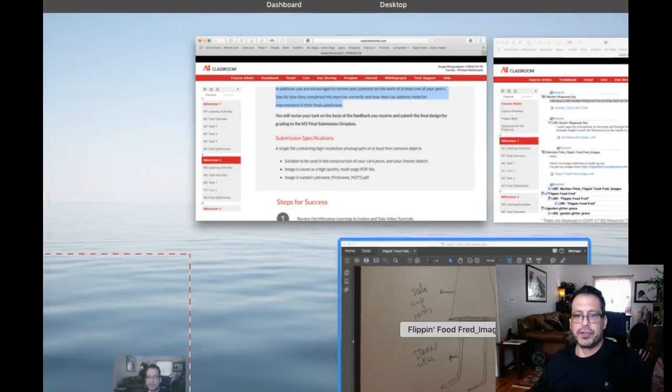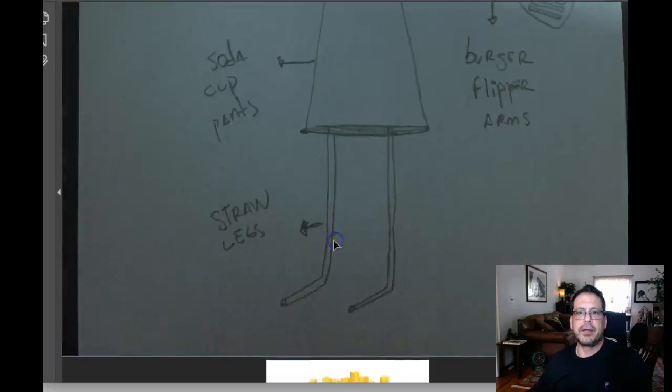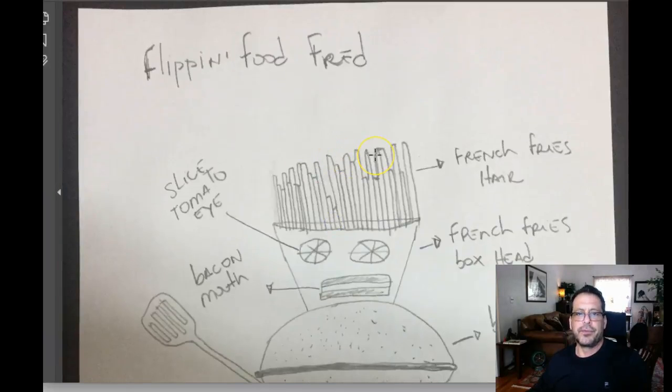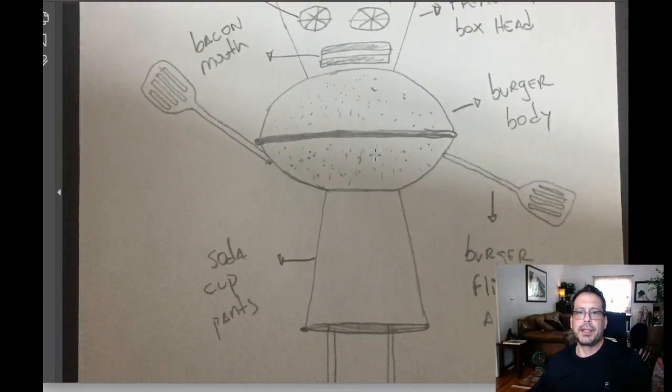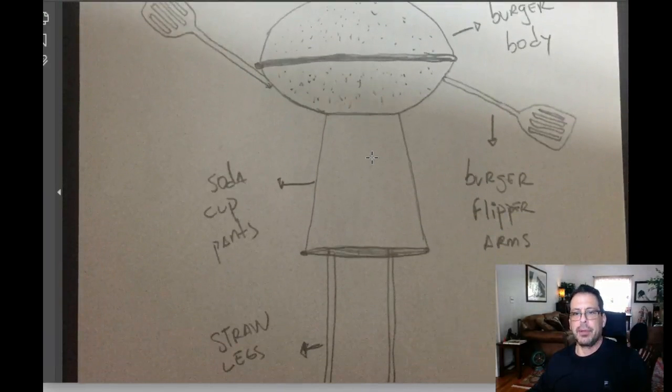And then we jump over here to your work. So we have your work, and we have this guy right here, Flippin' Foods, Fred, and I talked about this, and okay, so we got a problem, and the problem is this, and then we learned about resolution, we learned about vector graphics versus raster graphics in week 1. We also learned that Photoshop is a program specifically developed to work with raster images,